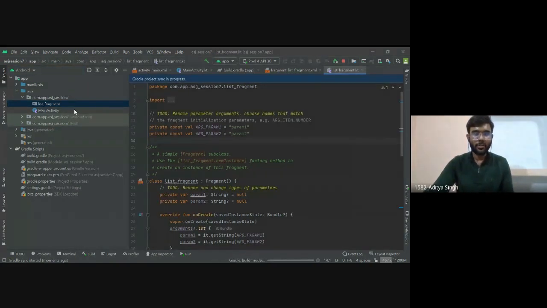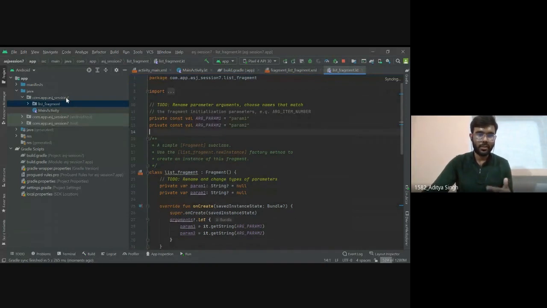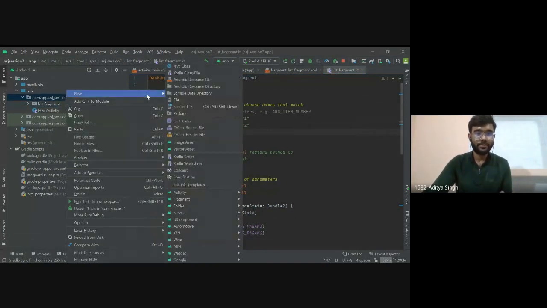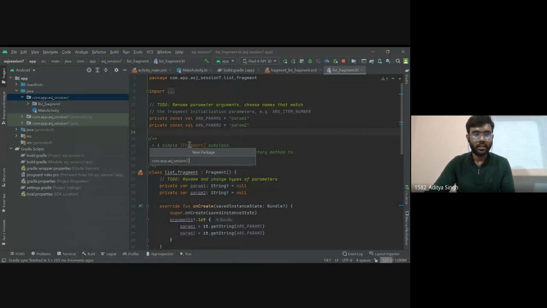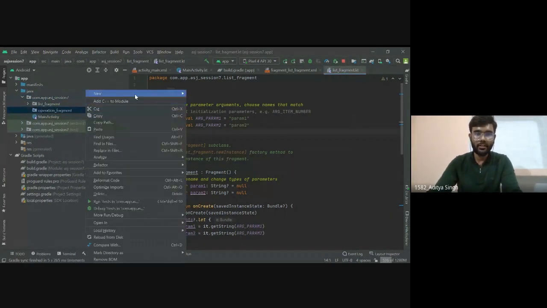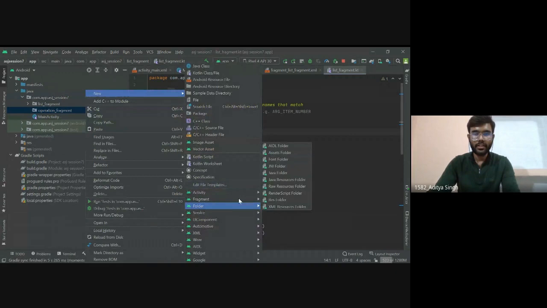Similarly, I'm going to create another fragment for our updation, deletion, insertion thing. Another package with the name updation fragment. Inside this package, we will create another blank fragment.